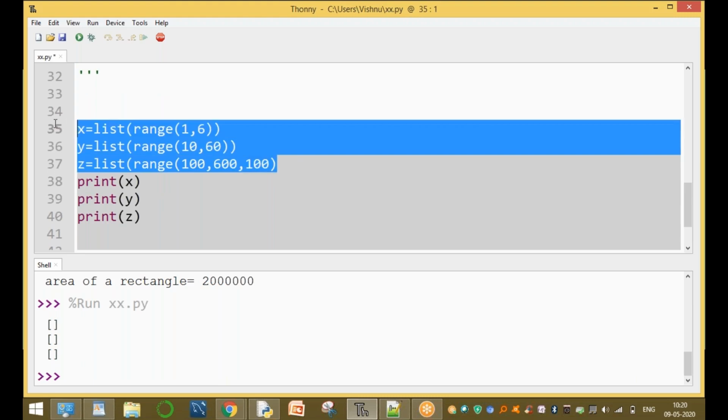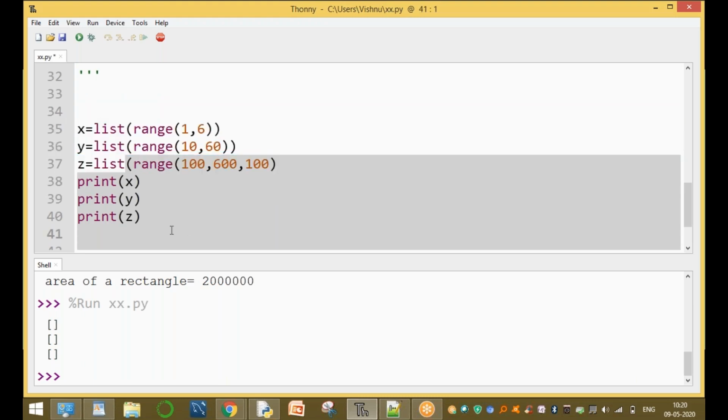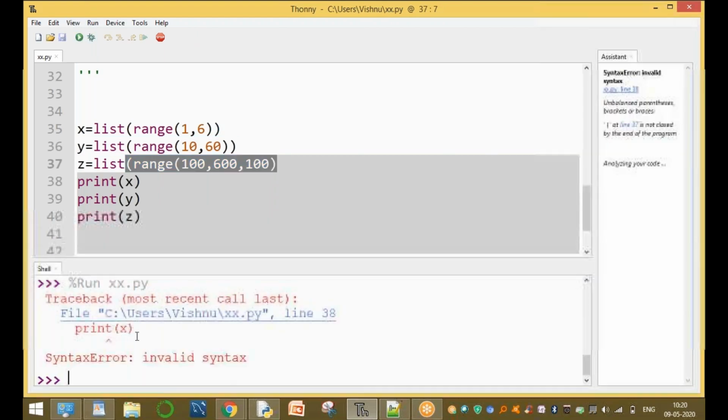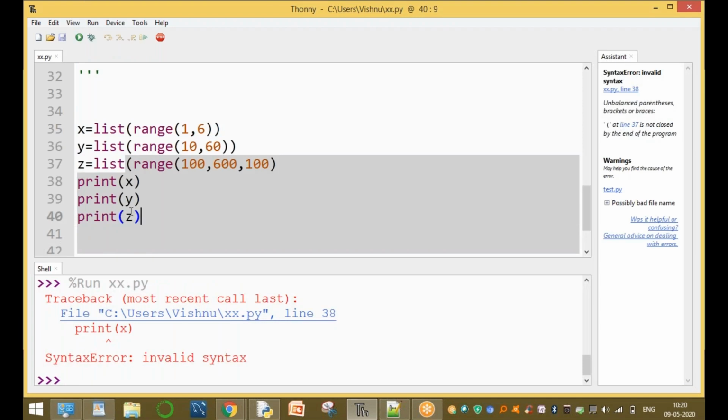Creating an object with parameters is called a constructor. It will be explained in the next class, the next video. No problem. Now run this one. Print the x value, range of x value, using the print function.